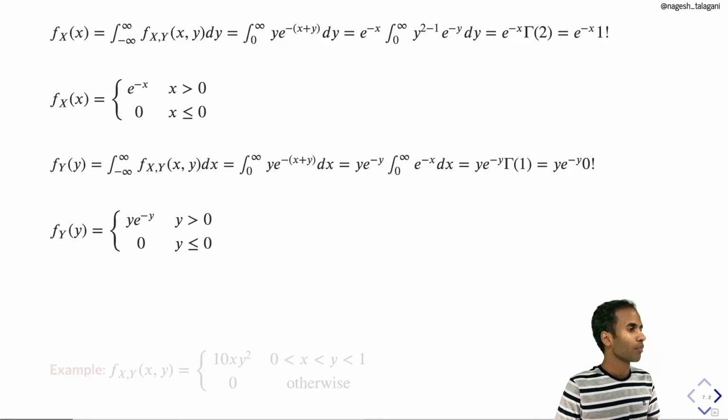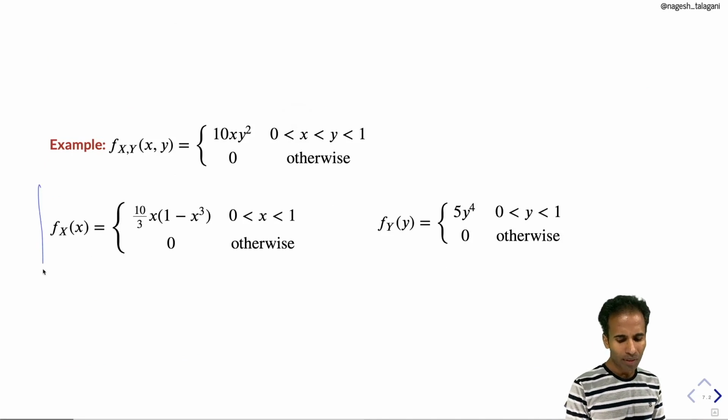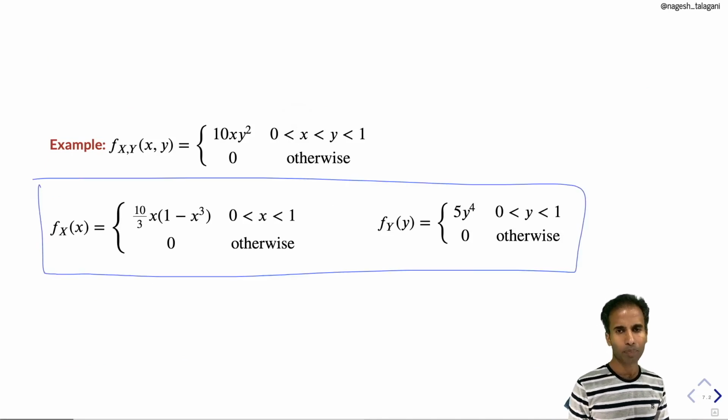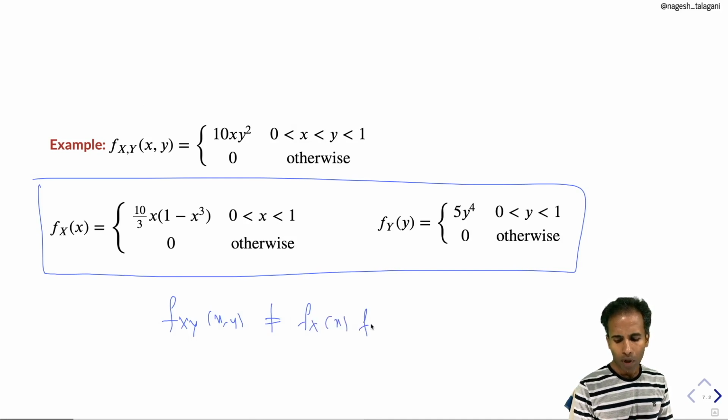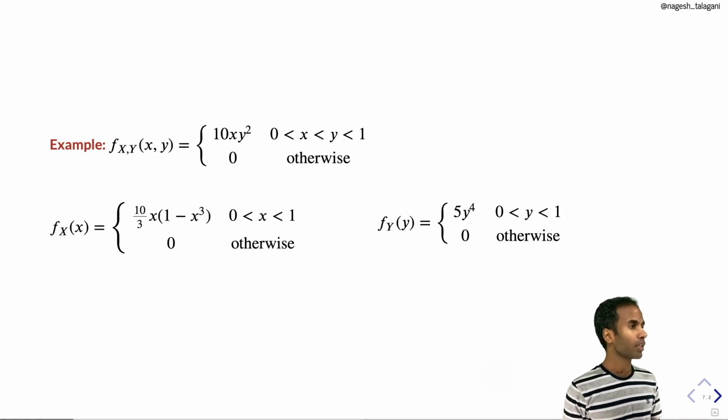Okay, next. In the last video, we worked with this joint PDF. These are the marginal PDFs that we got. Here we can clearly see that the joint PDF is not equal to the product of the marginal PDFs. Therefore, we can say X and Y are not independent. Okay, fine. Next,